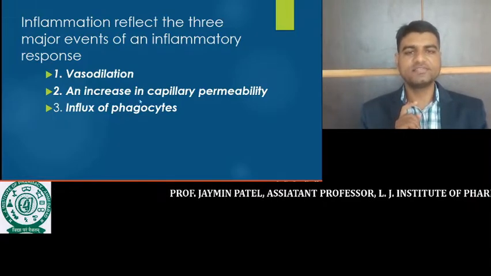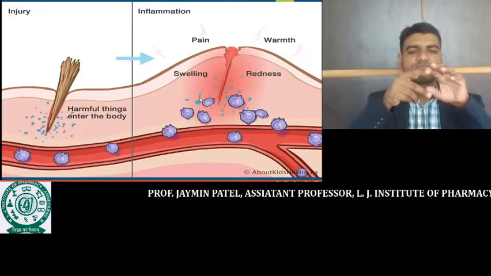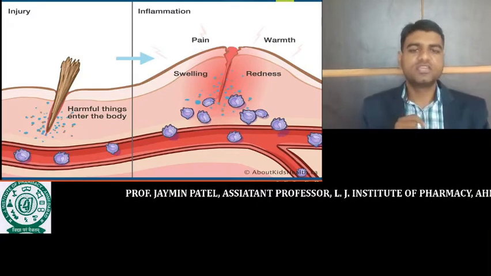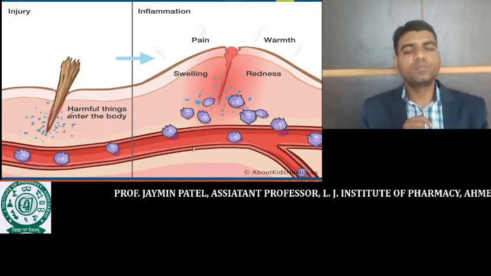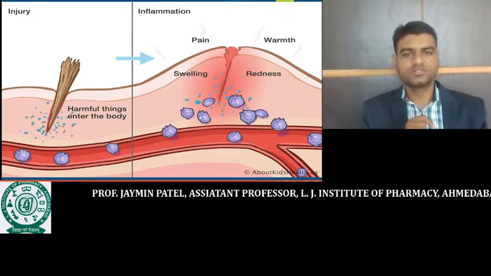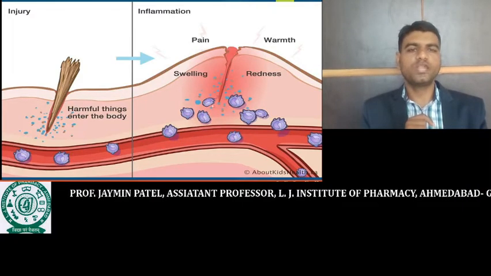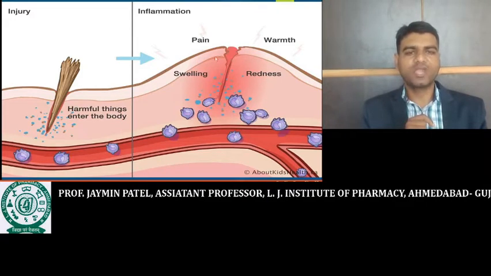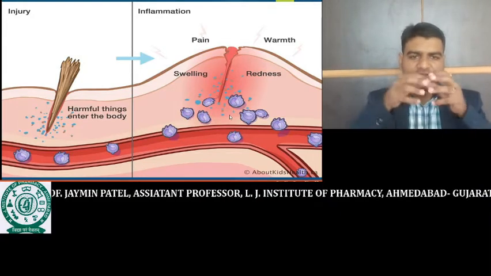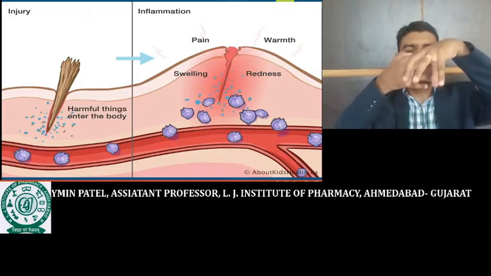The second step, increase in the capillary permeability. So permeability is increased. As the permeability is increased, the blood fluid with proteins is exuded. Okay, it will come out from these pores and it will be accumulated in that particular part. So the blood fluid comes out from these blood vessels and later on it will be accumulated where the